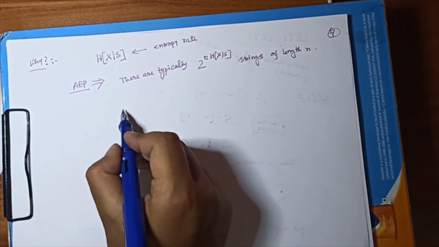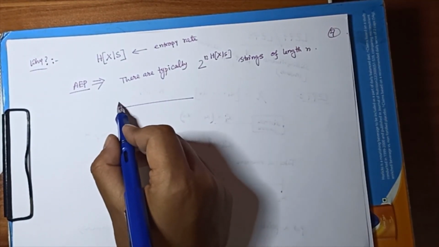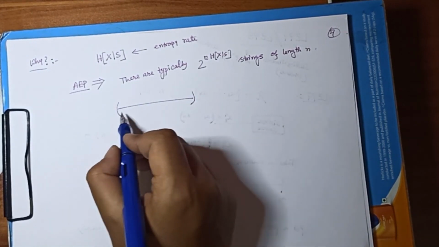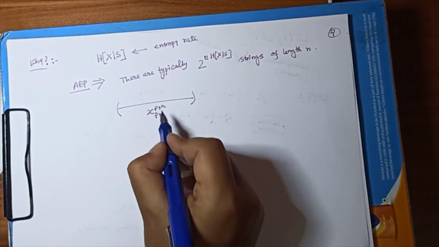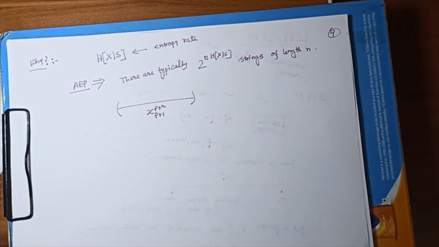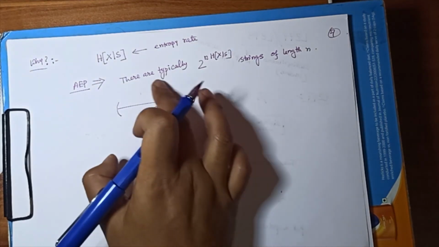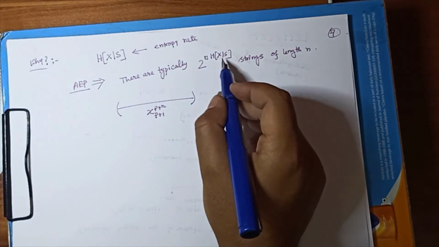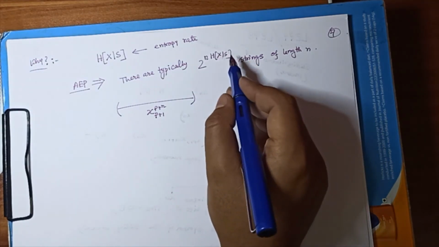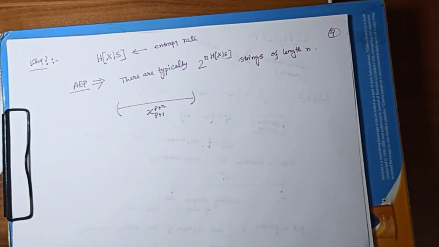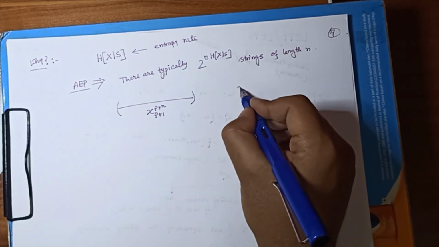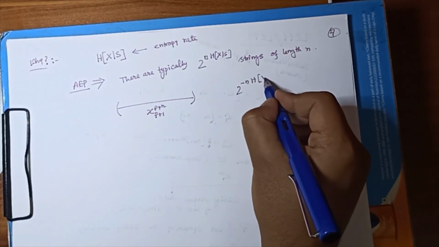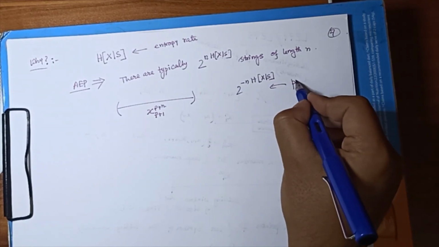So if you take a sequence of n symbols, say x from p plus 1 to p plus n, this is a sequence of n symbols. If this is a typical sequence, there will be 2 to the power n H(X given S) strings available in the typical set, and the corresponding probability will be 2 to the power minus n H(X given S). This will be the probability of occurrence